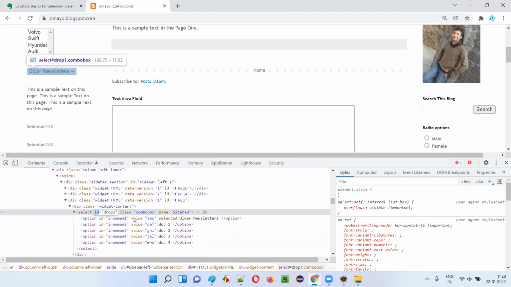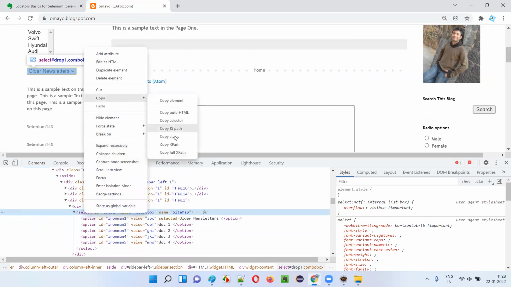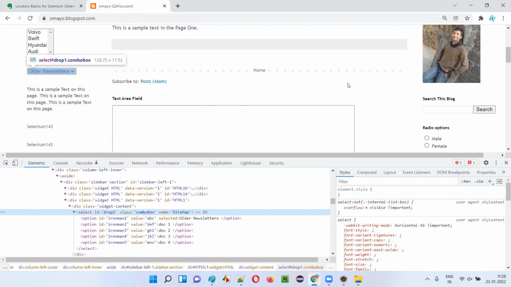If multiple locators are possible for a single field, I can create an ID locator, a name locator, and a class name locator. I can even create XPath expression and CSS selector locators for this drop down field. If multiple locators are possible for helping Selenium find this element and perform the operation,